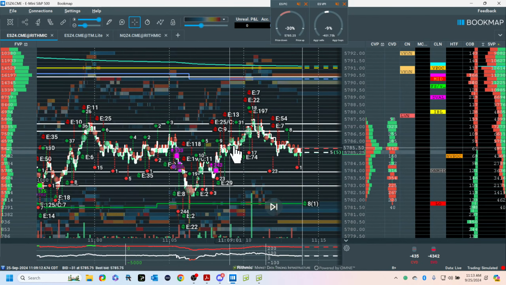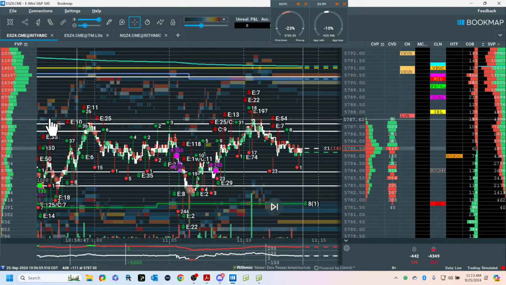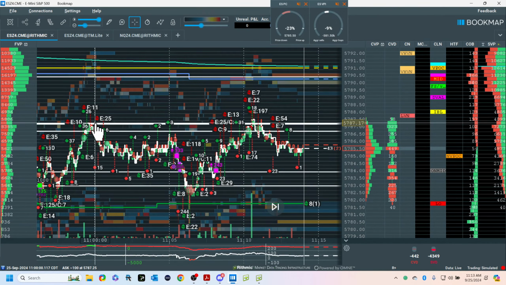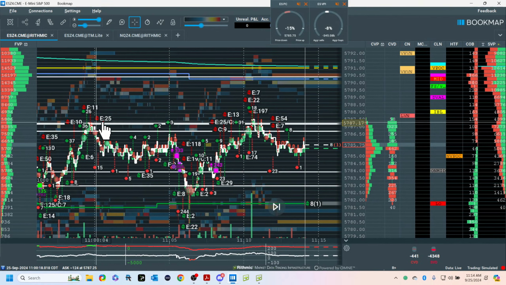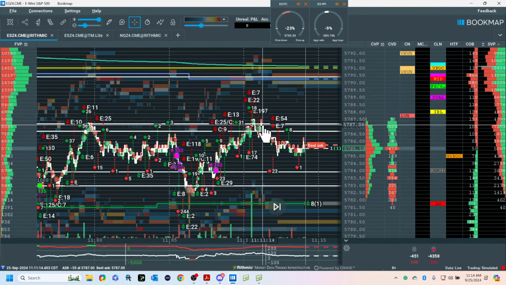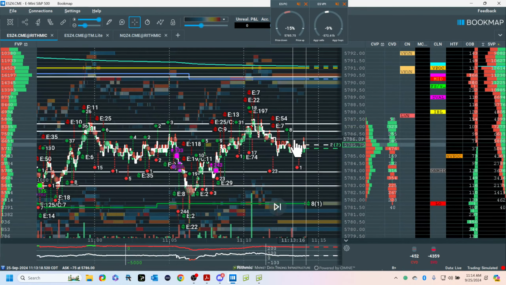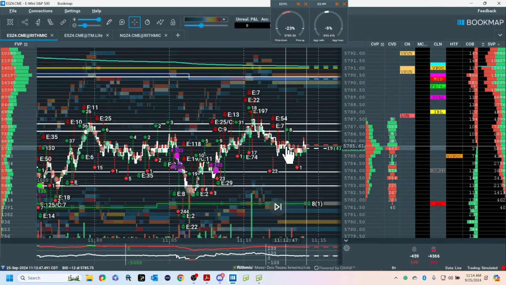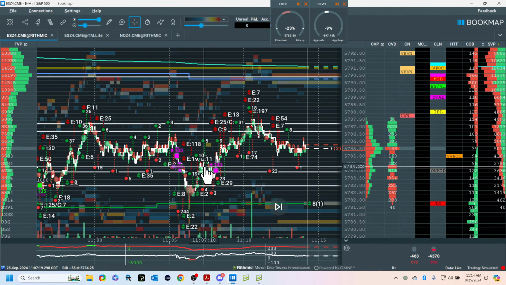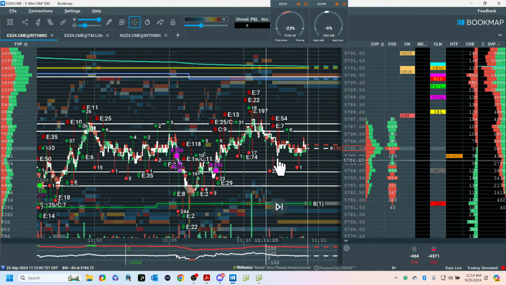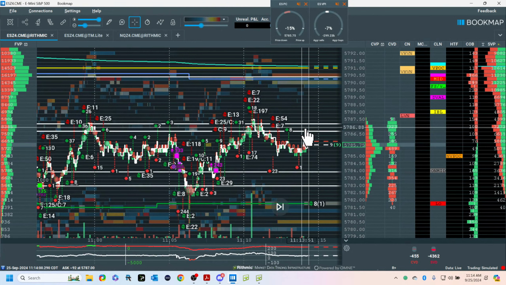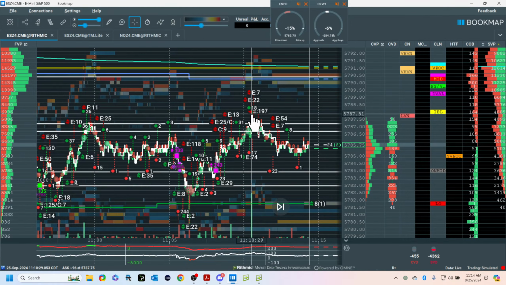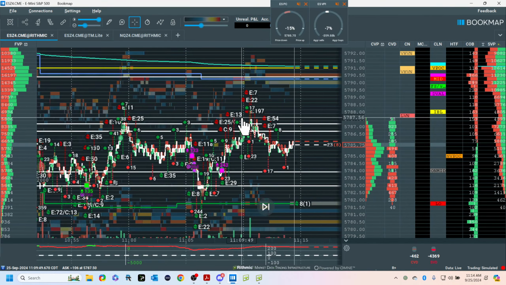So I wait for the locations, and I understand there's no precision. I know, remember, the sellers were here. What happens up here? Those sellers at the time came back right here. And that gives me this. Now, what I need, of course, is to get below these buyers. So that's why my scale is ahead of this. And if it doesn't work, I just take a full stop. It's what it is.